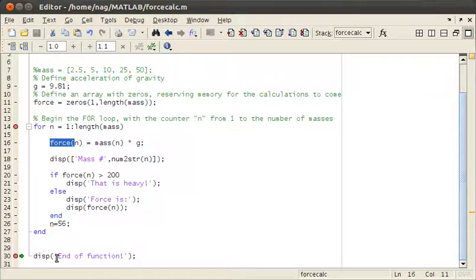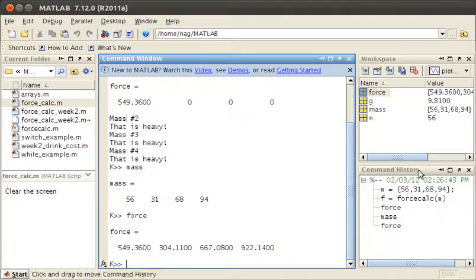So we're still in the private workspace and we're just about to exit the function. What we should expect is that now the function's finished, it needs to go back to the workspace that called the function originally. In our case, we're operating from the command line. So if we're in the command line, we're in the default workspace. In that workspace, we've defined the variable m. We've used that variable as the input to force calc, and the private workspace of force calc was